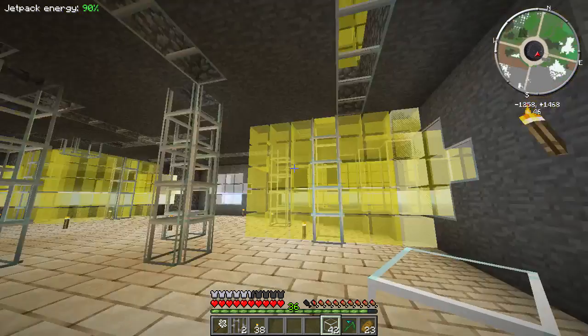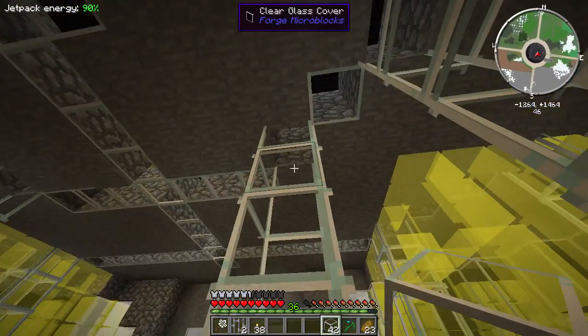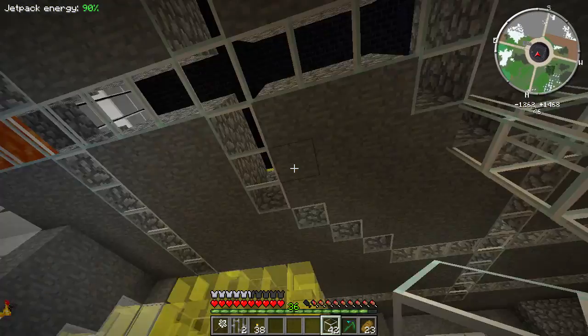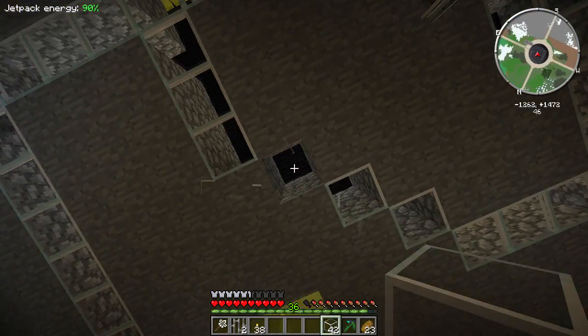But these tubes go straight through, and the lava will just run down them. So I think it should give a really nice lighting effect, and it should be quite impressive. And the way I'm doing it is,